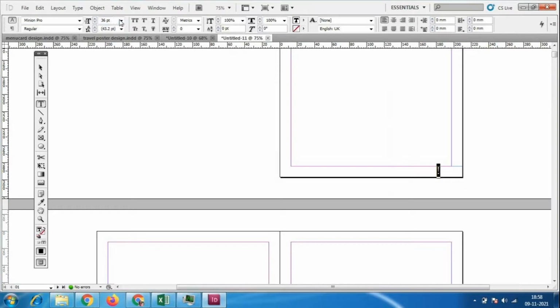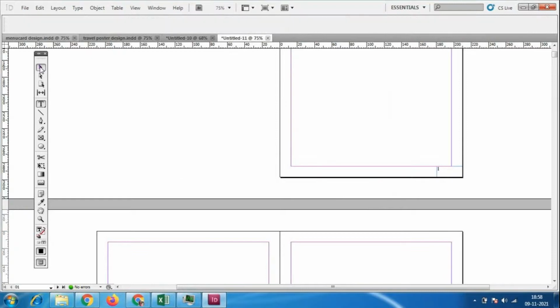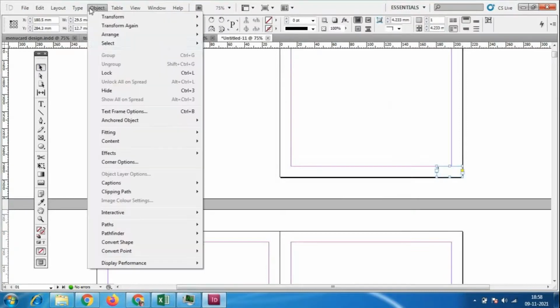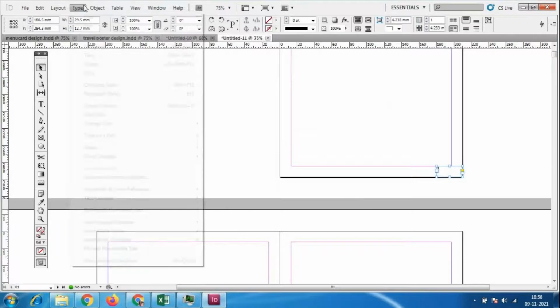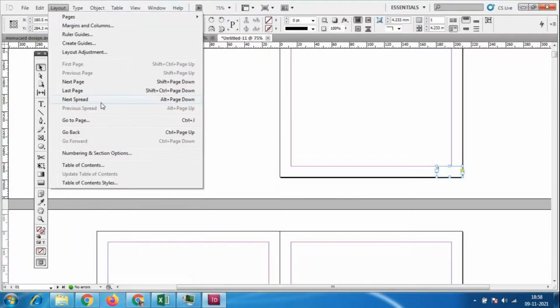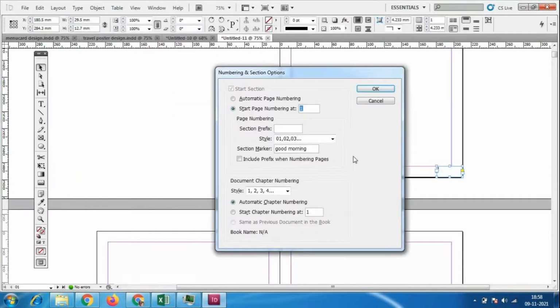So 1. Let us see. Object, layout, and numbering and section option. Start page numbering at 1, and document chapter numbering like this.